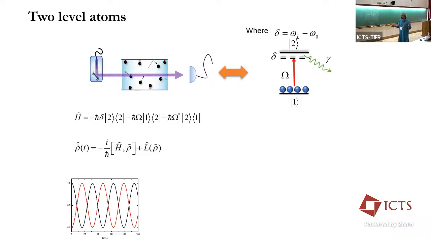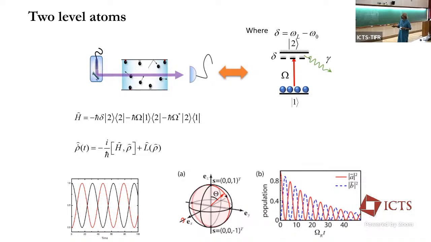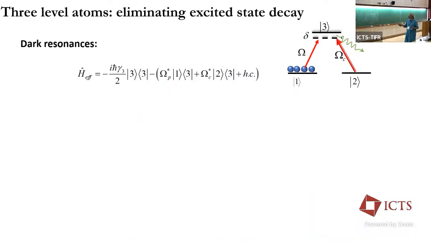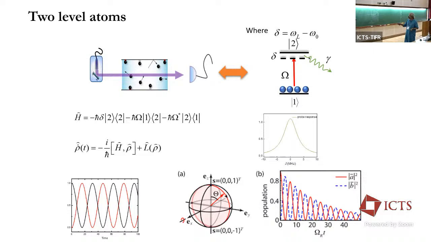But then again, the systems are not independent, they actually interact with the vacuum and so on. As a result, in reality, exactly the same physics I was talking about, you will actually see decay. And this is the problem: even if you make this system do some sort of coherent oscillation, after a while the system is decaying out. If you look at the spectroscopic signature, it looks like a boring absorption peak with a width set by this, and these oscillations are gone very quickly, before you can actually see them.